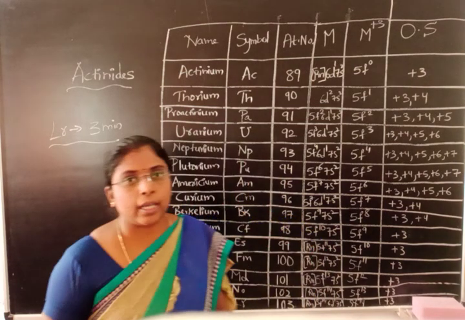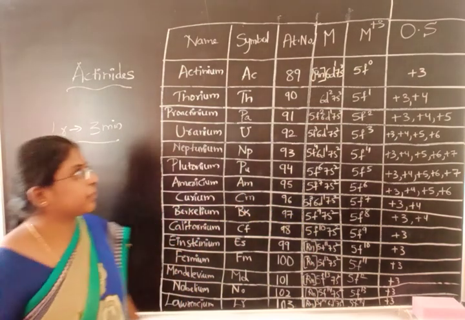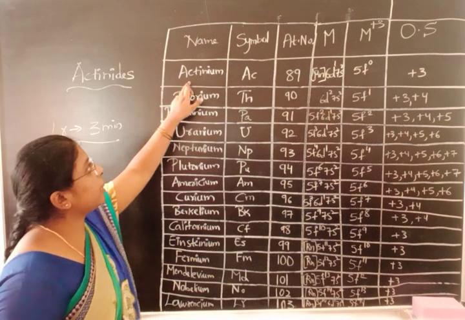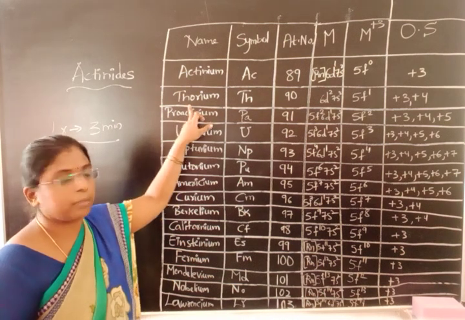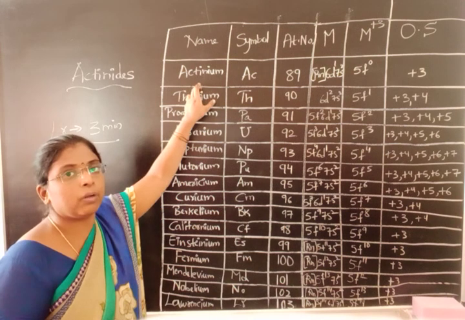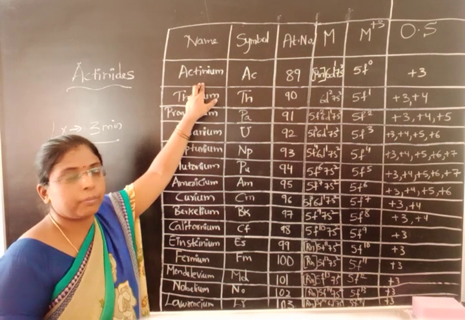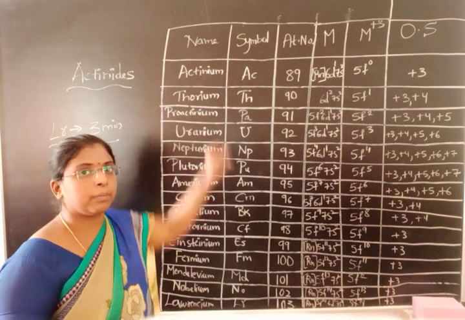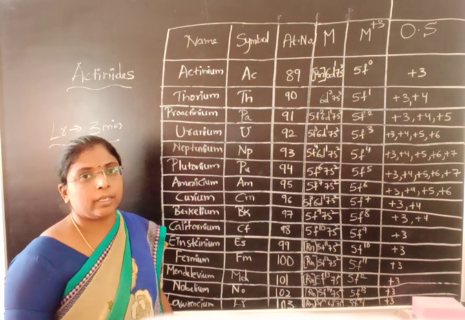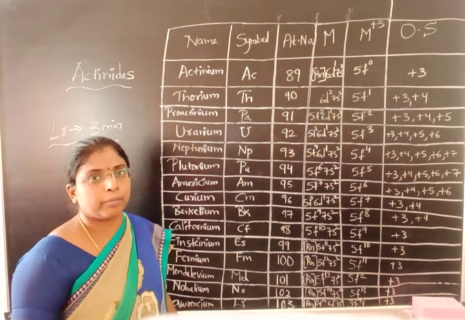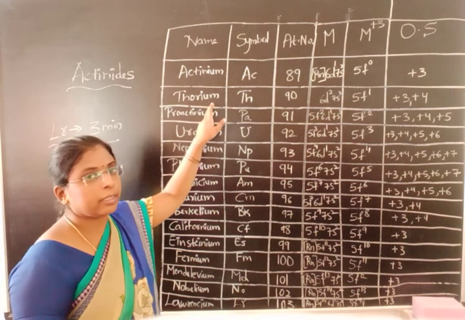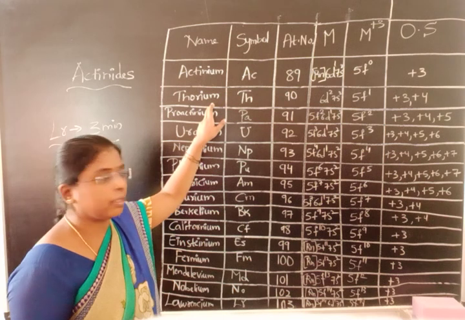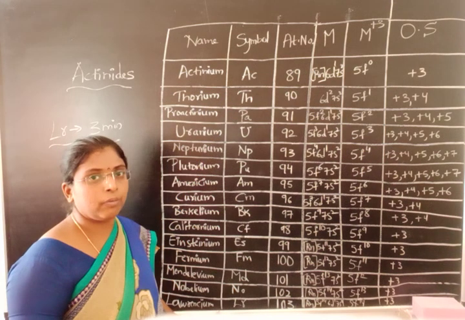If you see these actinide elements, after actinium comes thorium, hence we call them actinide elements. Actinium does not belong to the f block, but since it resembles them in properties, it is studied along with these actinide elements. Actinium belongs to the d block. Here the actinide series starts from thorium, 90, to lawrencium, 103.